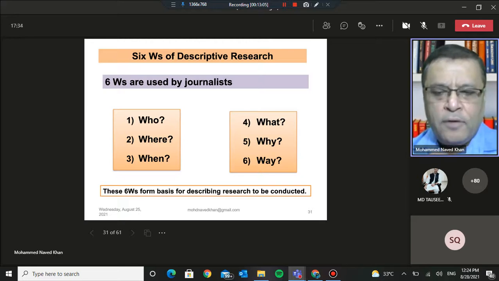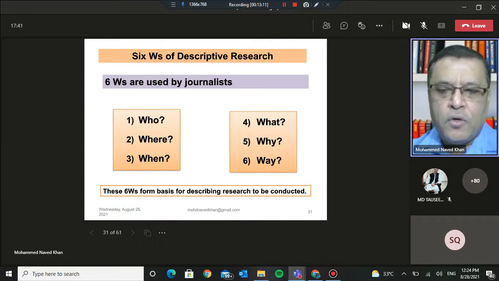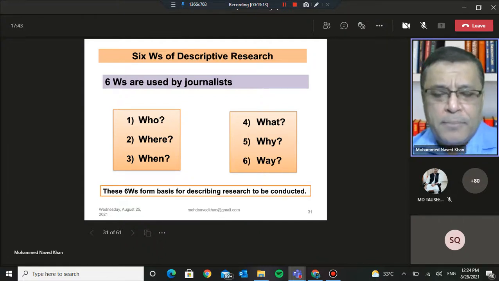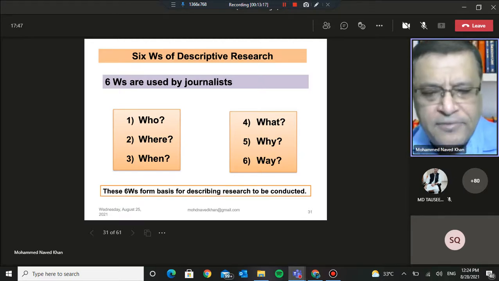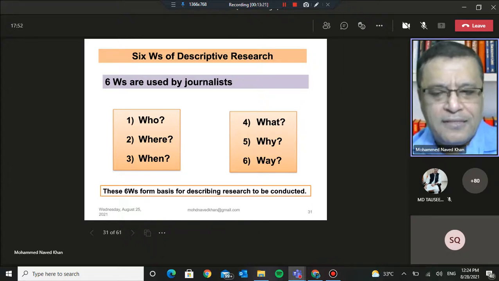Then what kind of information we should be collecting from the respondents, we have to be clear about that also. Because remember that we have to stick to the objectives of our study. We should not be generating data which is irrelevant, which is not required right now, and we should not be generating, as researchers say, junk.